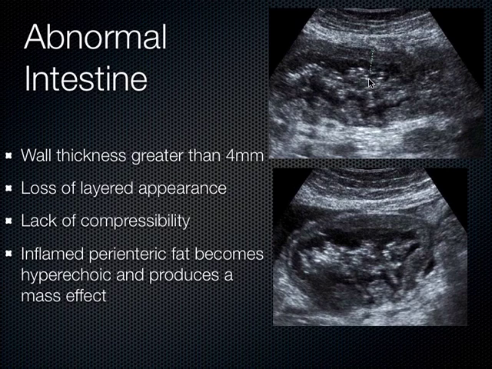Now, the other thing that happens when you have abnormal bowel is that you get loss of the layered appearance. So everything kind of starts to get stuck together. You get things that get tacked down to one another, and they no longer slide and slip easily amongst each other. So in normal individuals, when you compress the bowel, they're all slipping, sliding. It's called the sliding organ sign. They slide all amongst one another in the peritoneal cavity. And when you have abnormal intestine, you lose that sliding, that layered appearance, and you lose the compressibility. In fact, abnormal bowel, specifically when you're talking about appendicitis, is a non-compressible tubular structure, and that's how you define it. The other thing that happens is sometimes you get some perienteric fat around the